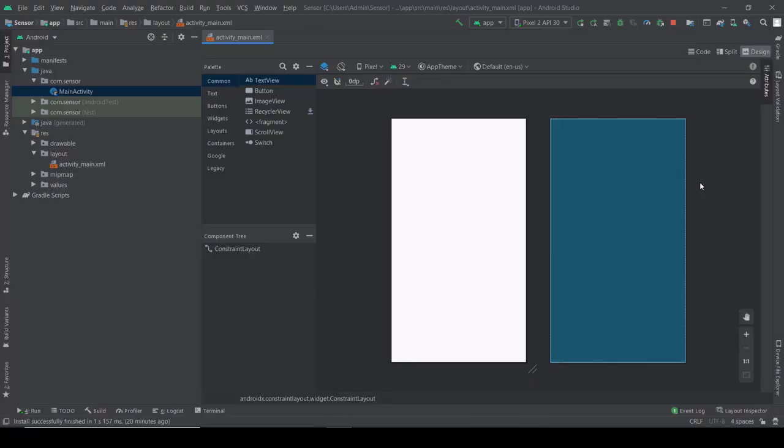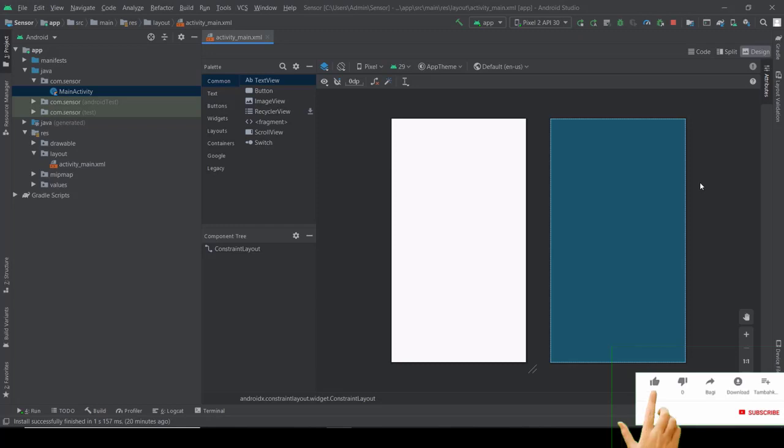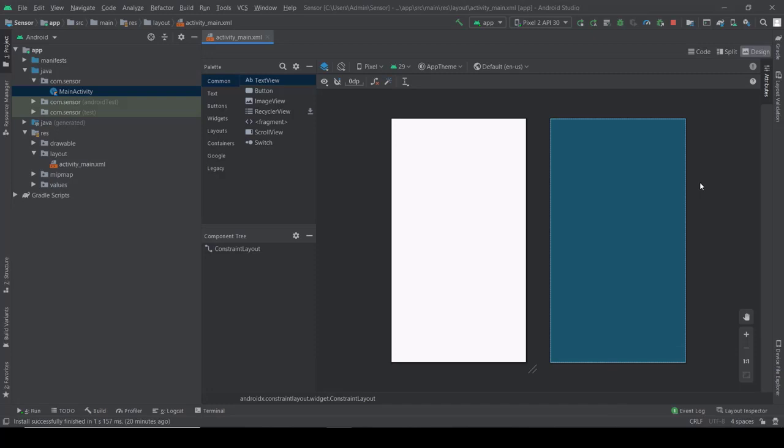Through this video, we are going to see about Android sensors. A sensor is a device, also known as a module, machine, or subsystem. The main purpose of a sensor is to detect real-time data from our environment and detect some events, and we can send this information to some electronic device or mobile.